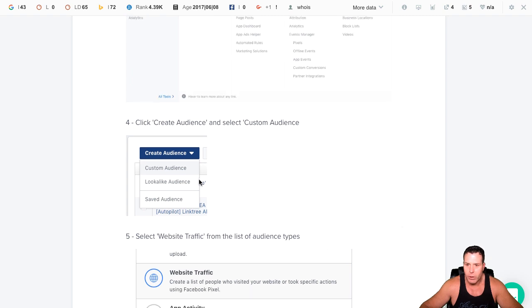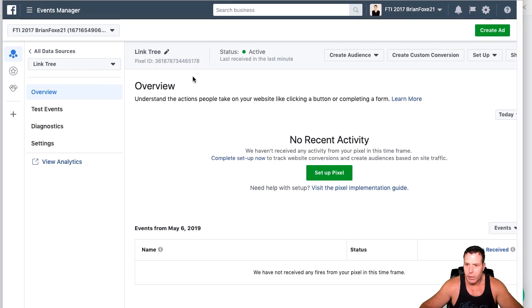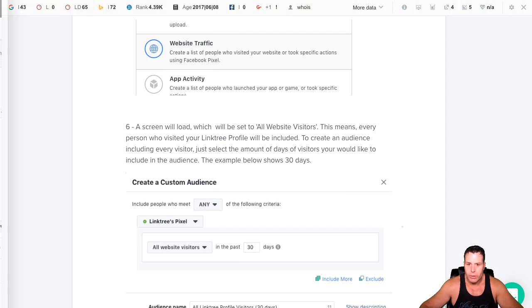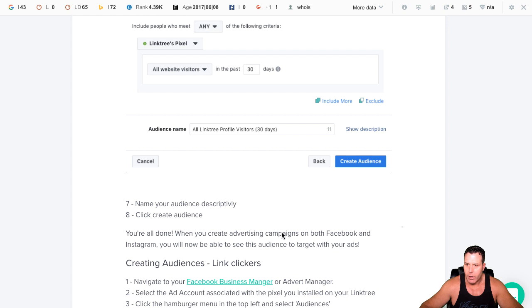But basically what you can do is set it up so that you can have the Linktree pixel, which I set up. You can see this here. I went ahead and set up a Linktree pixel, then I clicked on it one time so it's active. That's going to be my Linktree pixel. And then what you can do inside that pixel once you start getting some traffic is you can go like all website visitors,